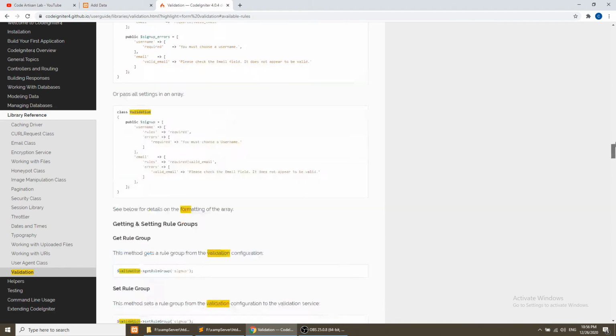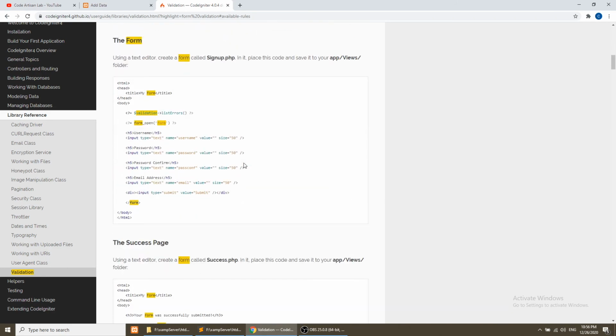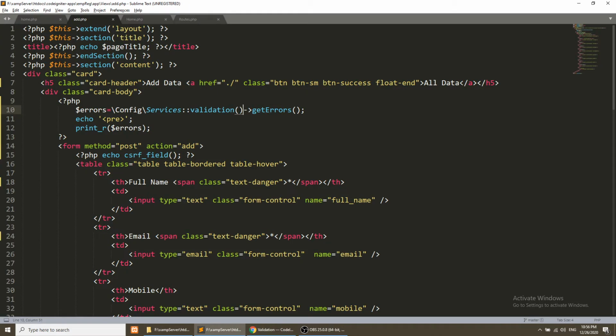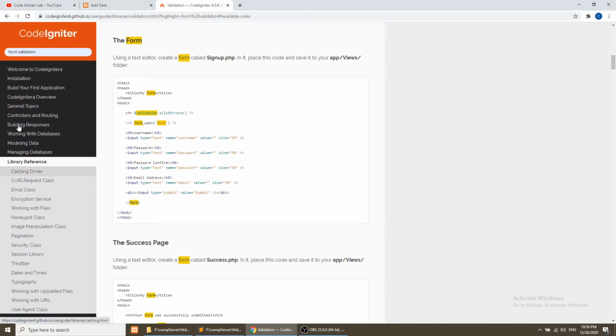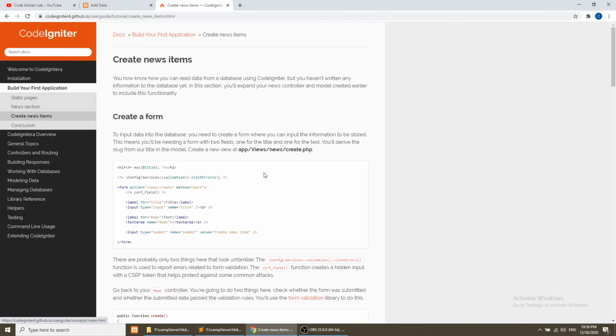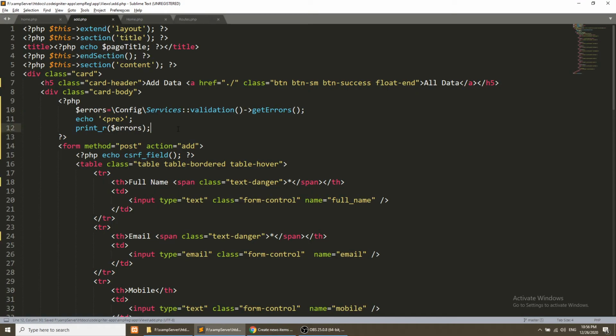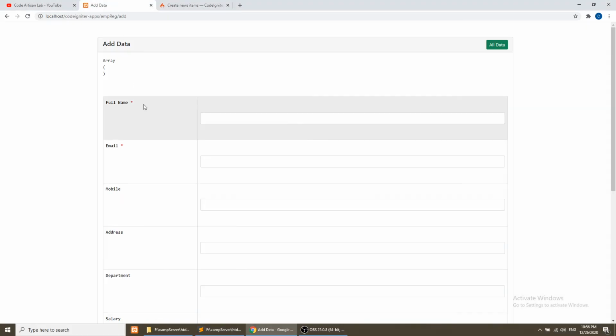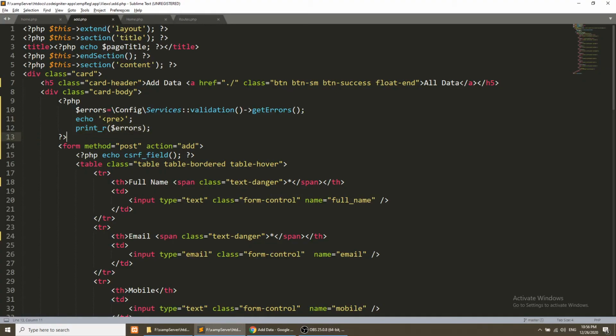We will go to the documentation, and here we will check list errors. This will be simply validation. You can also refer to this first application, in which they are creating the application from scratch and defining all the errors. So we don't have any errors yet because we have not submitted the form, but I'm showing the error.